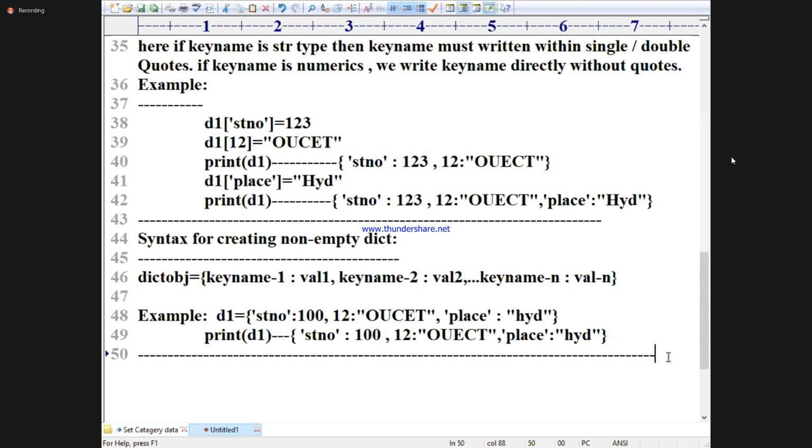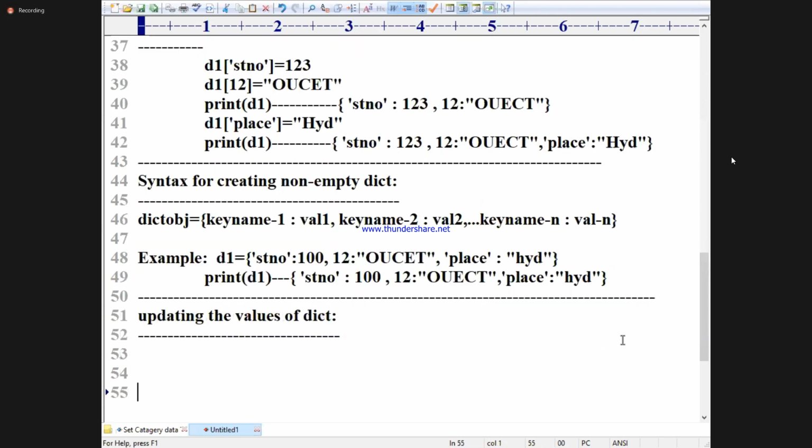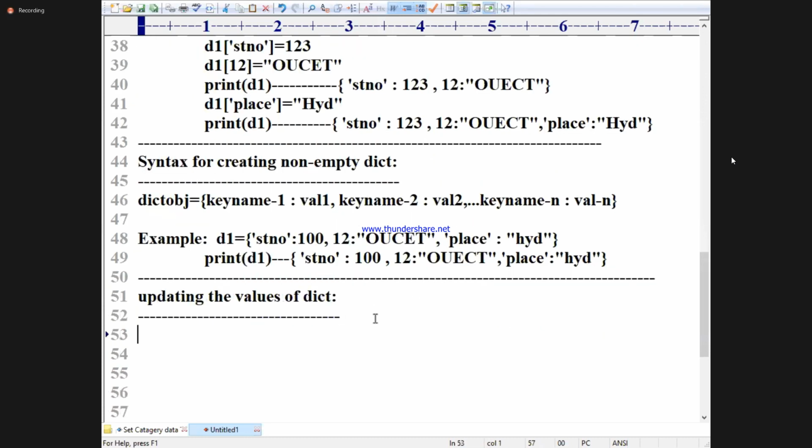Write down: Updating the values of dict. Updating the values of dict. Syntax: dict obj of